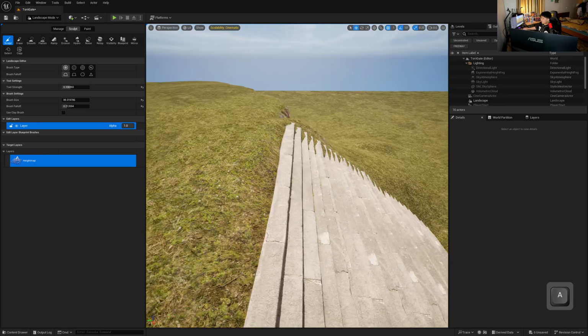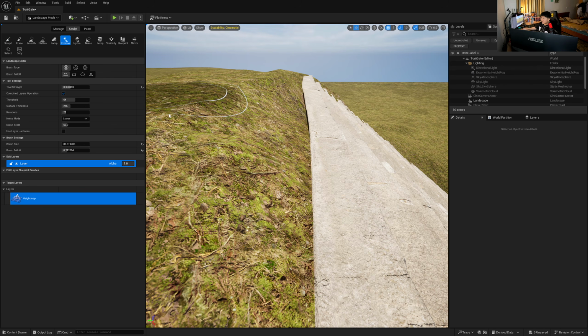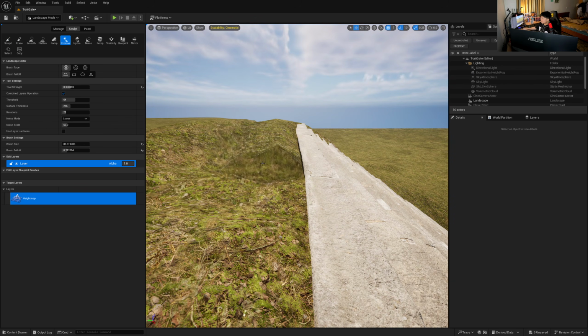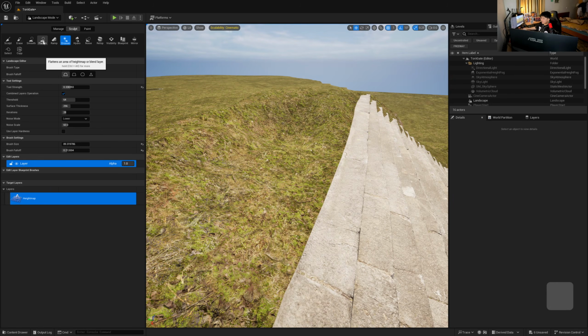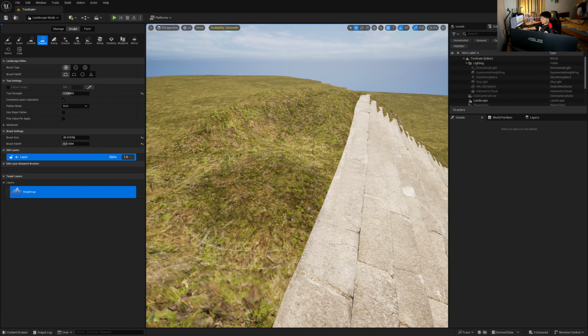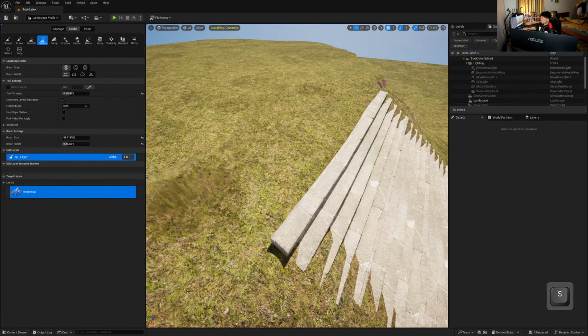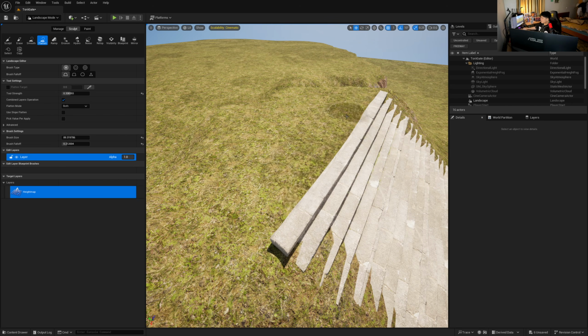And now one more thing here, as you can see, we have a very big bump over there. So what you can do right now is click on the erosion tool, make it a lot lower to the ground, and you can start using the flatten tool in order to flatten, as the name says. You can flatten those things